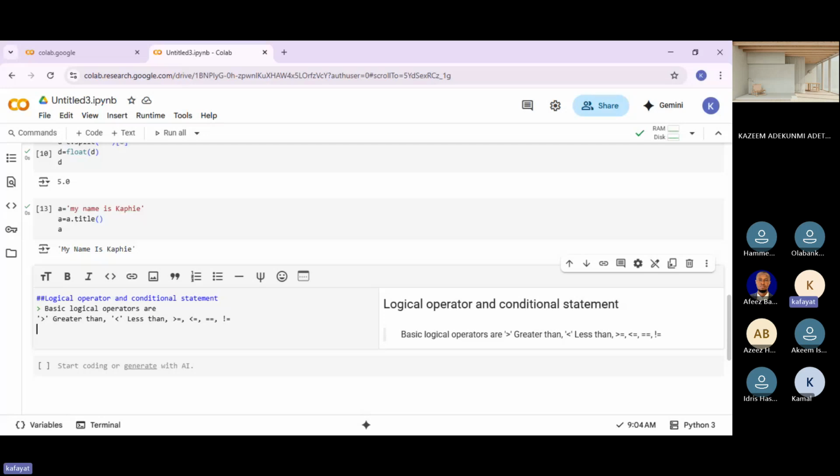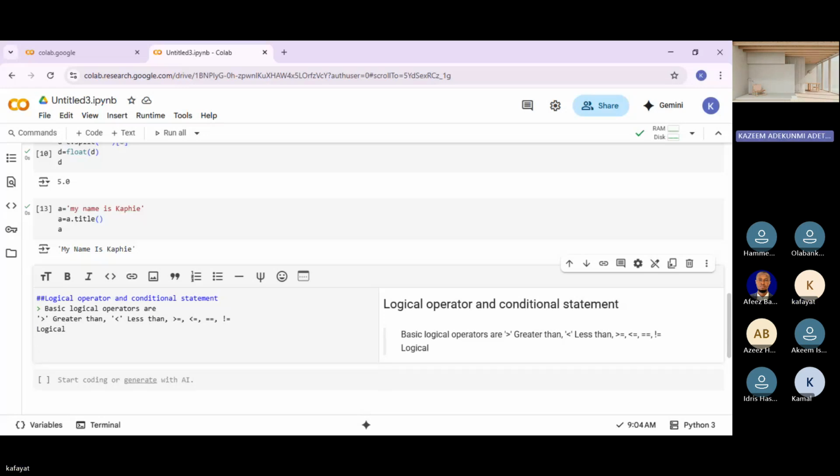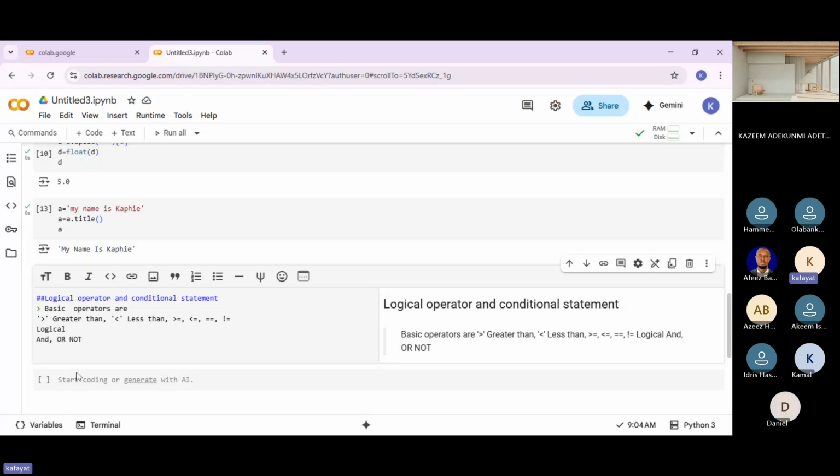This is the basic operator, then we now have logical operators. Logical operators include and, or, then not. So if you have done one or two things in Excel, you will have come across all this. Am I correct? Yes, ma'am. You will have come across all this in one way or the other.